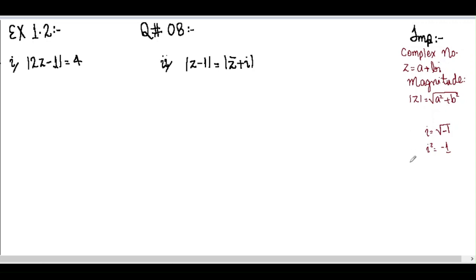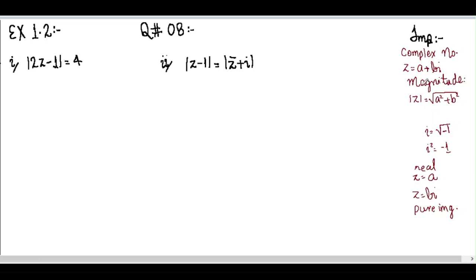If a complex number contains only the imaginary part, for example Z equals B iota, then it is said to be pure imaginary. If the complex number contains only a real number, then it is called a real number. And if the complex number contains both these parts, this is called the general notation of a complex number.